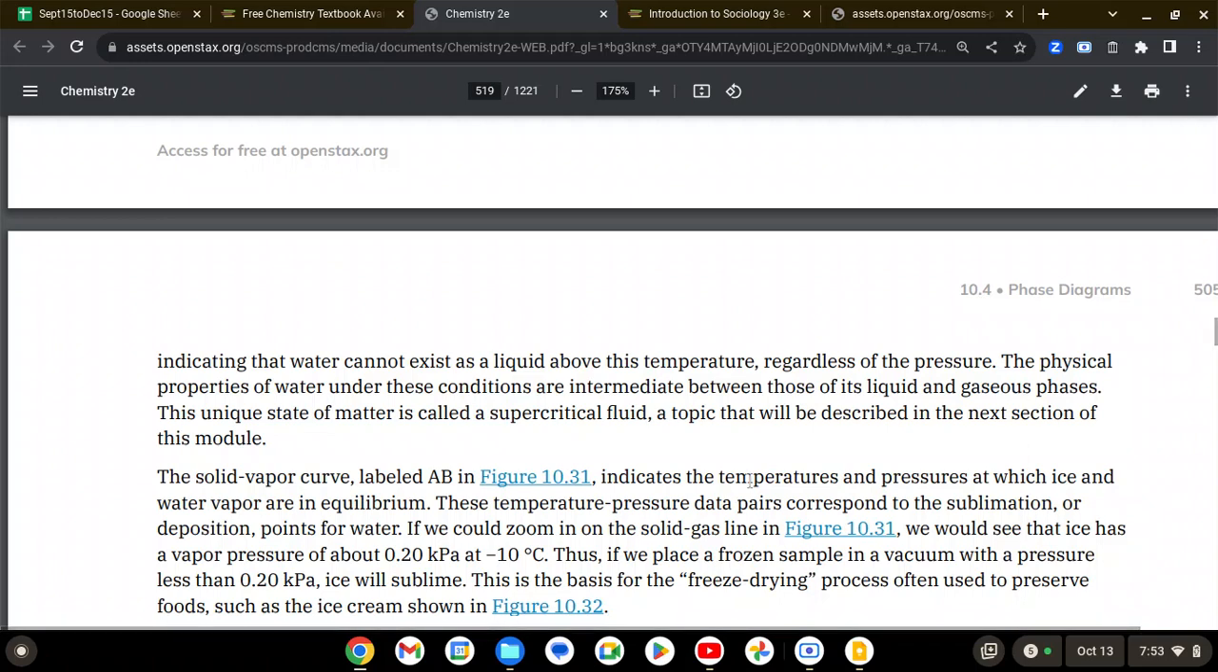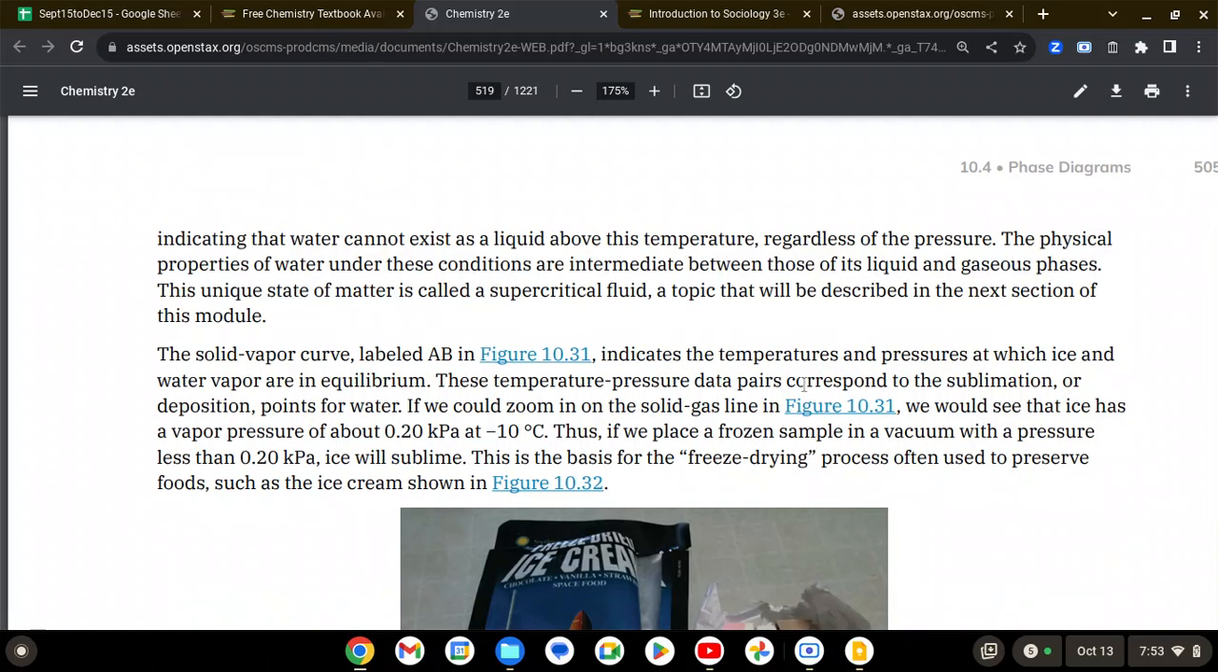Indicating that water cannot exist as a liquid above this temperature regardless of the pressure. Physical properties of water under these conditions are intermediate between those of its liquid and gaseous phases. This unique state of matter is called the supercritical fluid, a topic that will be described in the next section of this module. The solid-vapor curve labeled AB in Figure 10.31